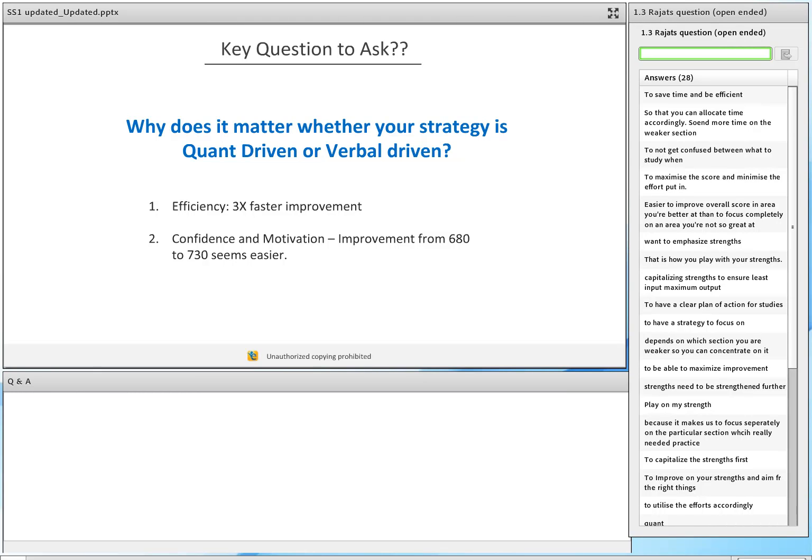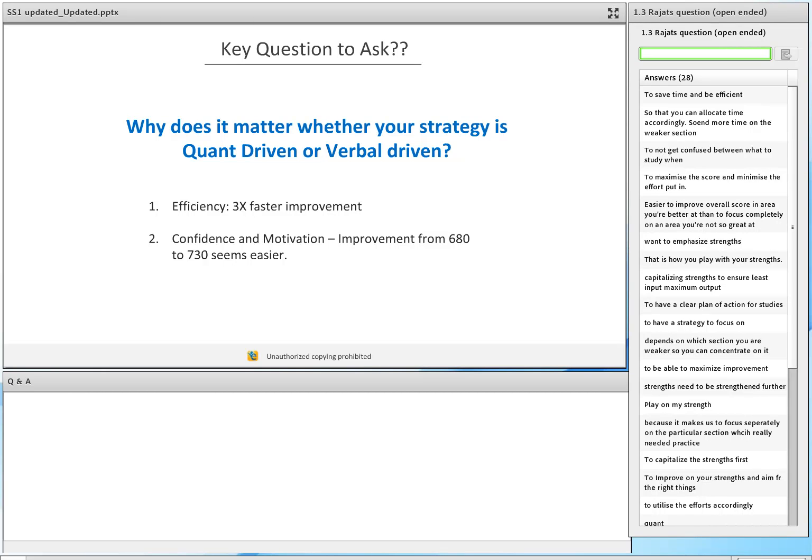So if quant's your strength, if you study first quant and then you're midway studying verbal, and some people like to take mock tests, despite how much I discourage them. And then you take a mock test, because you will have already improved on quant, it's very likely that your score on the quant side of the test would be a lot higher, and on the verbal side it'd be okay. So you'd still get to a 670, 680, and then if you're aiming for a 740,